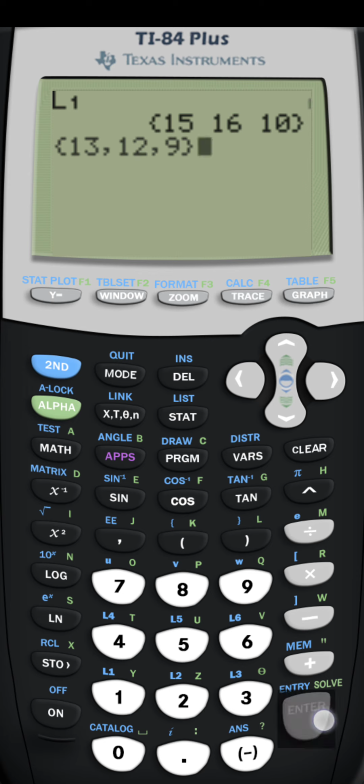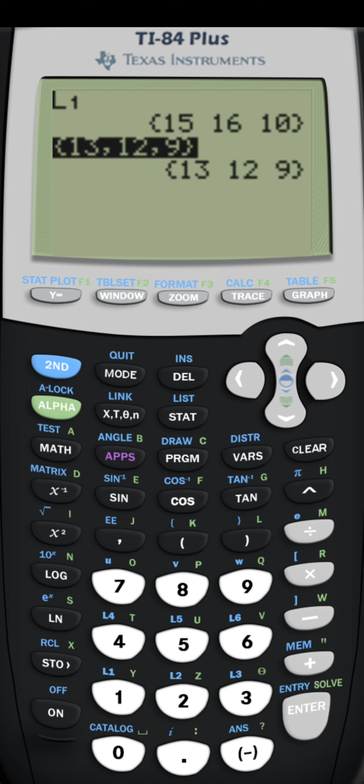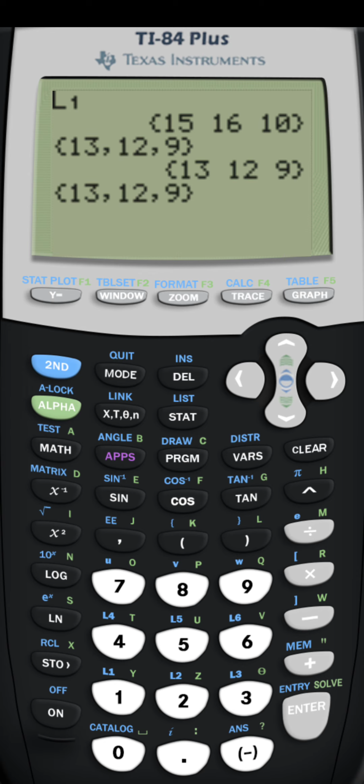And then we could print it. We haven't stored it in a list though, we've just printed it to screen basically, doing nothing. What you want to do is, when you're finished entering it in, you want to store it in a list. So above the on, there's a store button. So when I hit that,